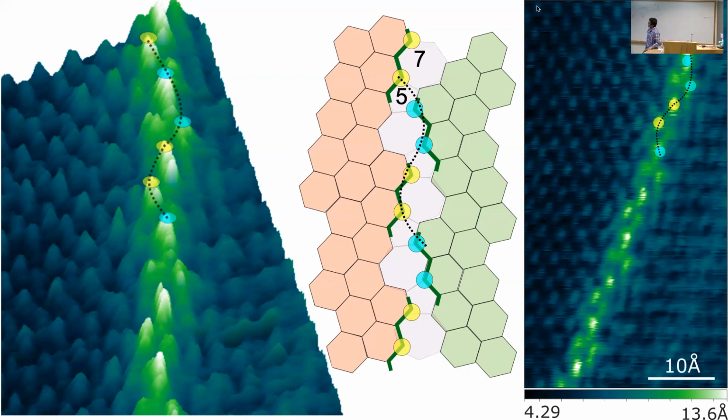Now the zigzag pattern is not the only evidence that tells us that this is the same grain boundary. It turns out there are other parameters that it has to fit. Like, for example,